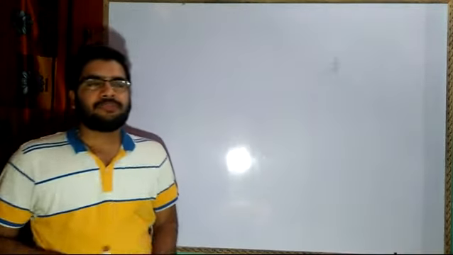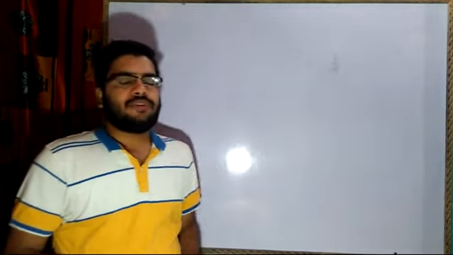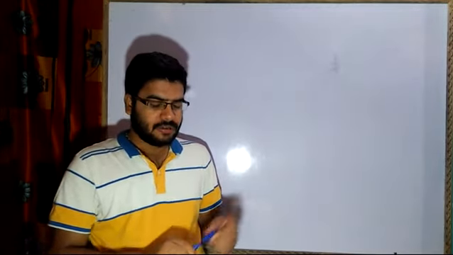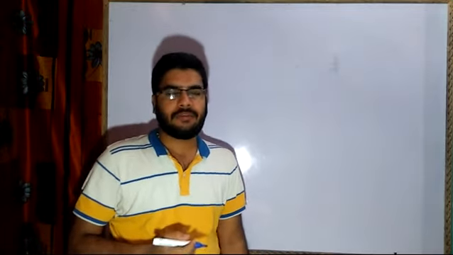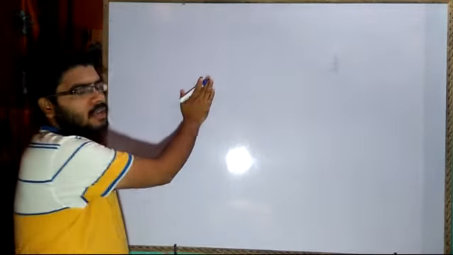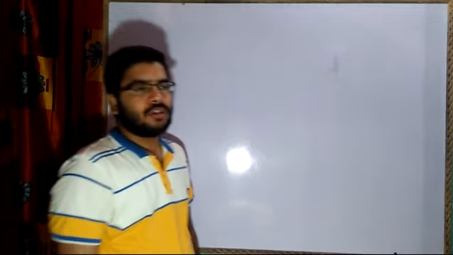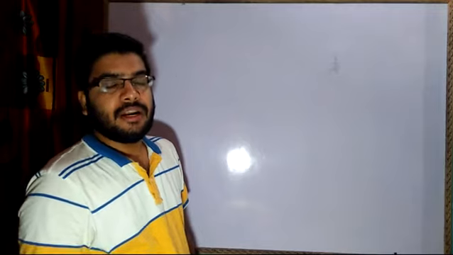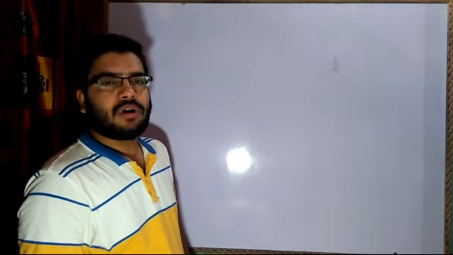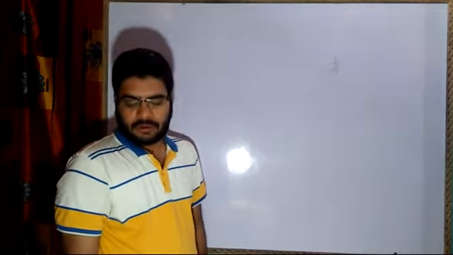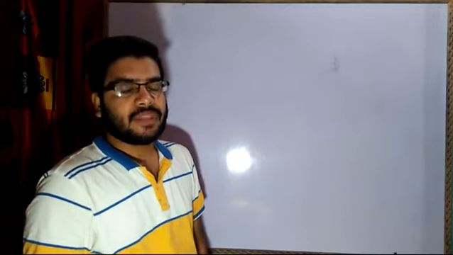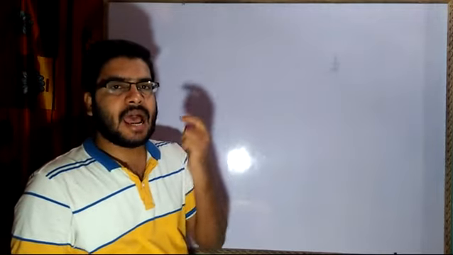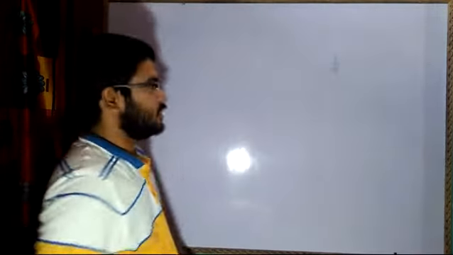Good morning, dear students. In the previous lecture, we discussed the basics of geometry, in which we saw fundamental concepts: points, lines, rays, and the definitions of all these terms. Then we saw concurrent points, intersecting points, and collinear points. In that we also saw the ray. And what was the definition of a ray? A ray has a fixed point and it extends up to infinity.